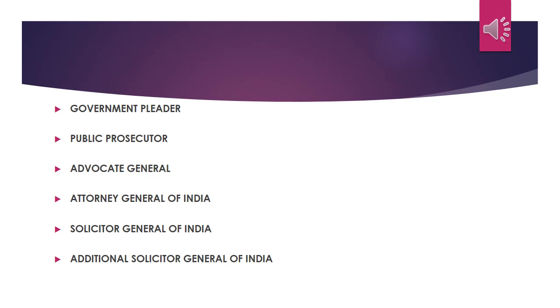So these are the different positions of a lawyer. In order to hold any of these positions, you have to become a lawyer first, and you have to be a member of the Bar Council as well. An interesting fact is that the Attorney General of India can also take up his own private cases, and he can have a firm of his own. But he cannot take a case where the prosecution or the defense side is a state. So he can't fight against the state.